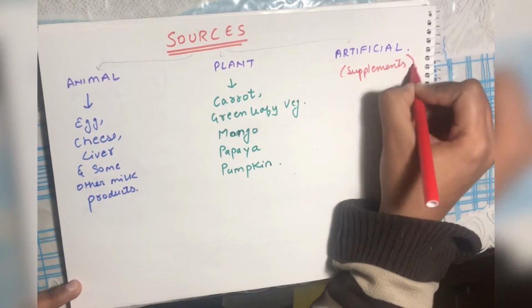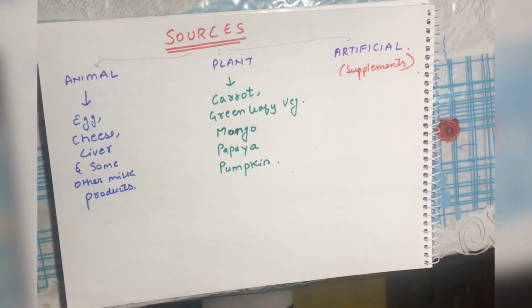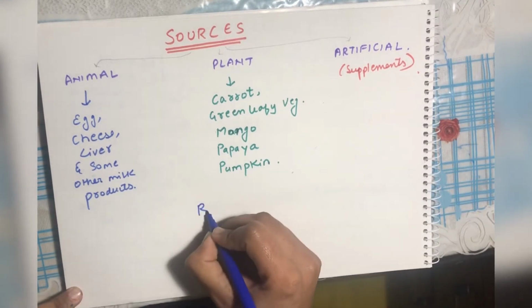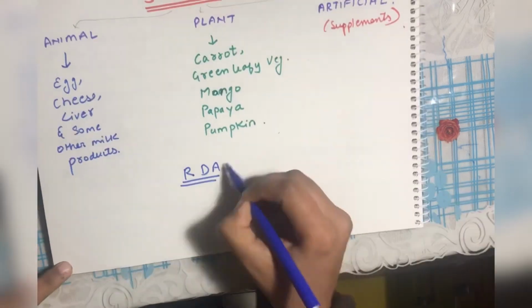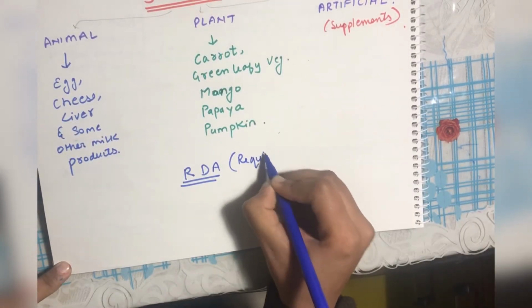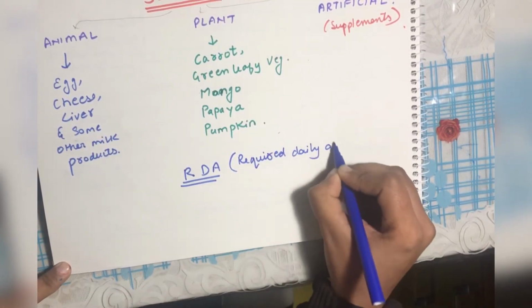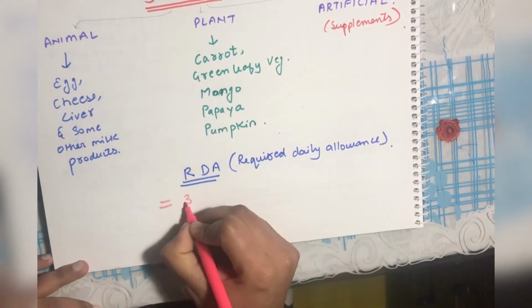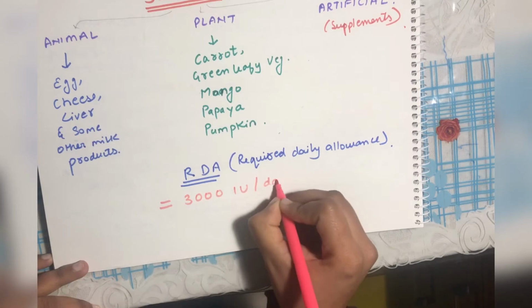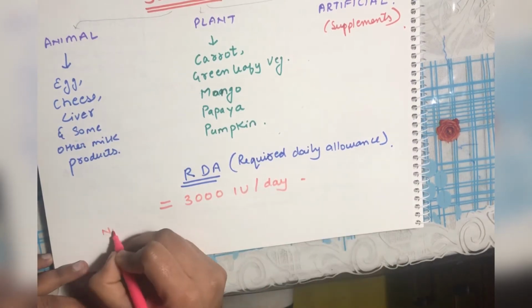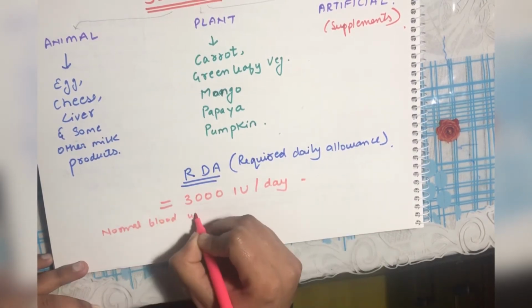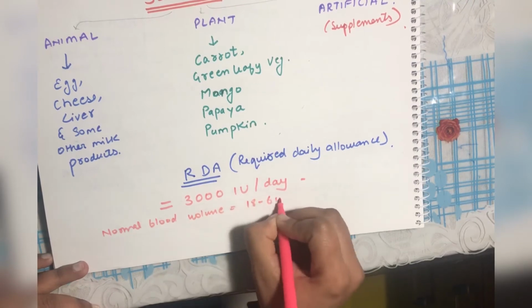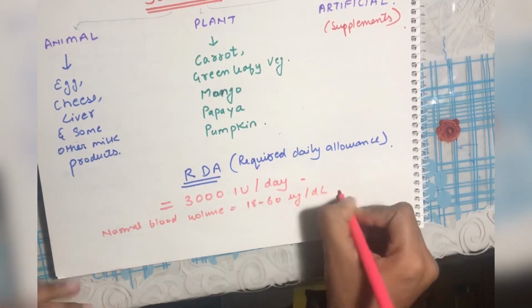So let's talk about a term RDA, that is recommended daily allowance. How much vitamin A is required on a daily basis? This is RDA, which is approximately 3000 international units, with a normal blood level of 18 to 60 microgram per dL. But if I specifically talk about RDA in specific age groups,